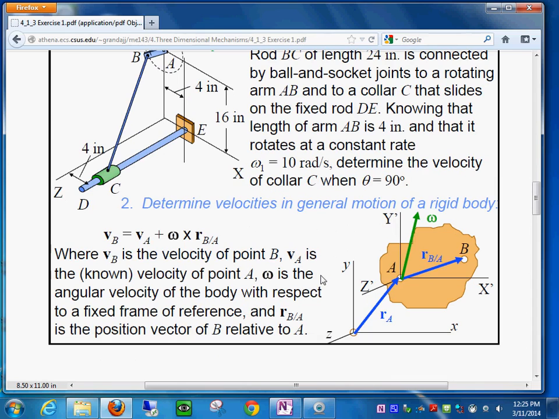Another short review of the concepts in here. If this is a rigid body and we define this point about which the body rotates, or any point that we want on the body, we can actually represent the dynamics and study this